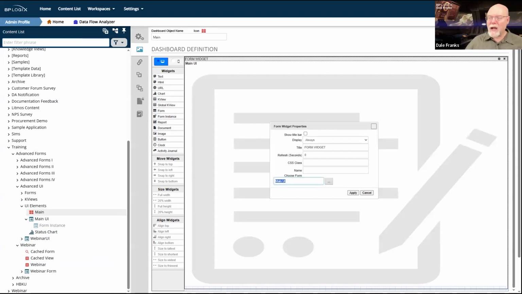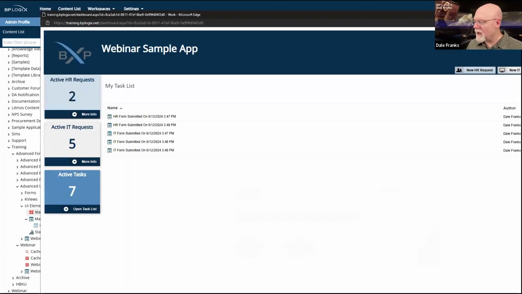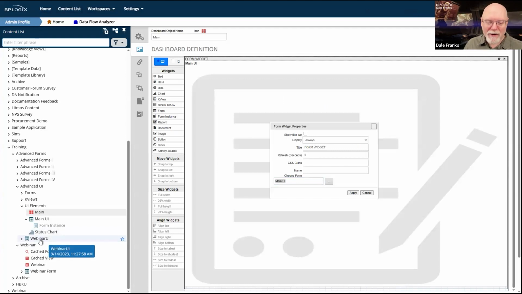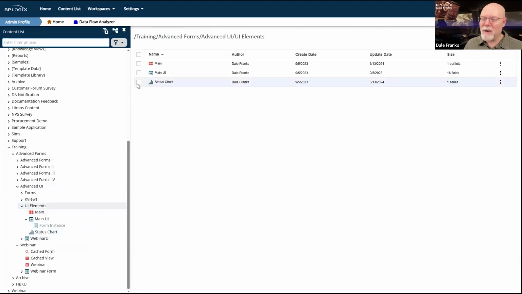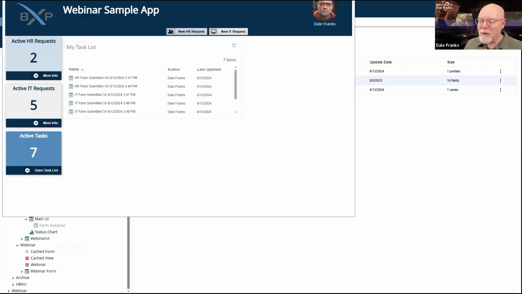So every time this dashboard displays, again, as I just said, we can run the dashboard all by itself. And it is going to display a copy of this form, but it is going to display that form in the dashboard. So even though you can't really tell visually what we're looking at here, we're looking at a dashboard. The dashboard happens to be displaying a form. And if we want, we can just go back up here to UI elements and run. Okay, see, now I'm looking at the form.